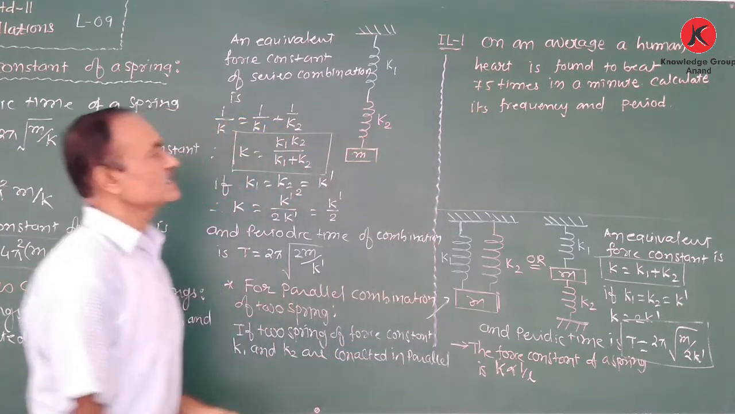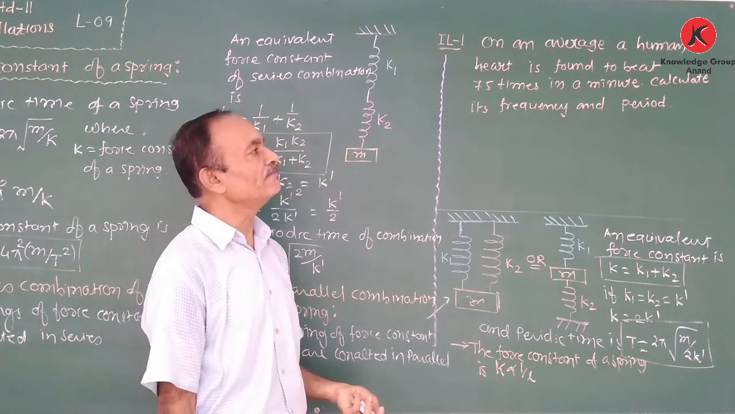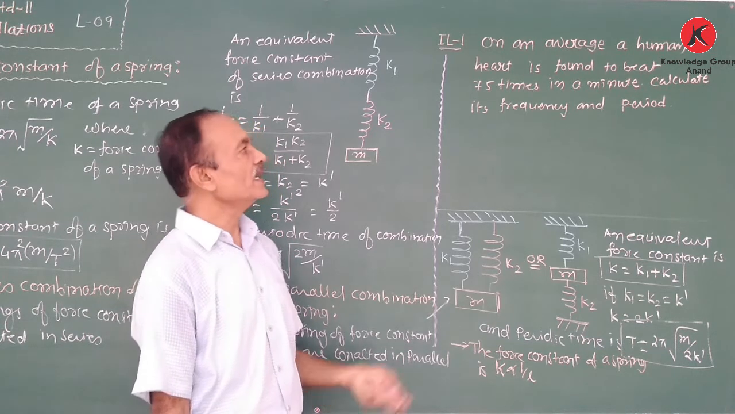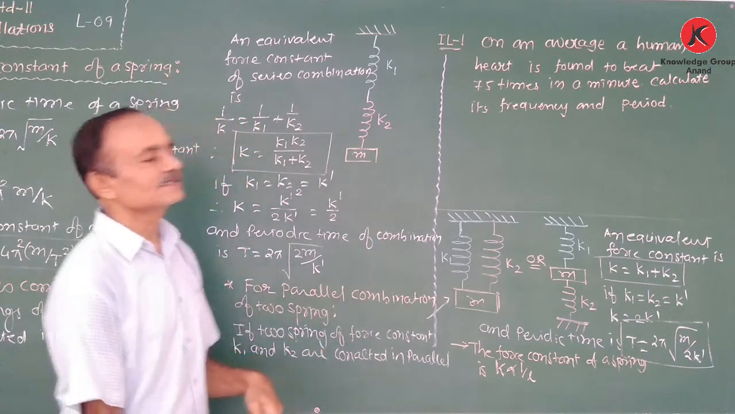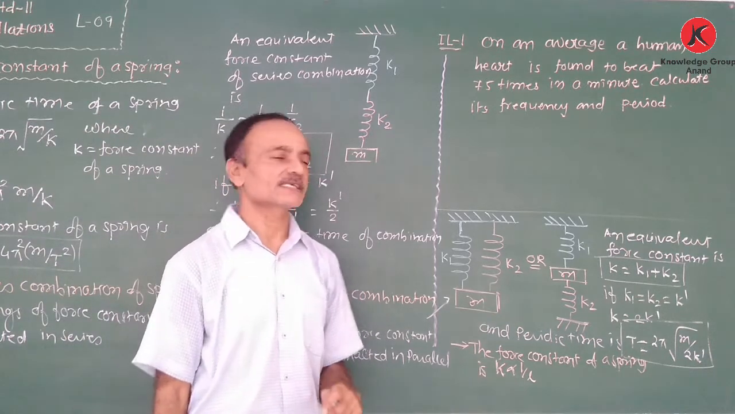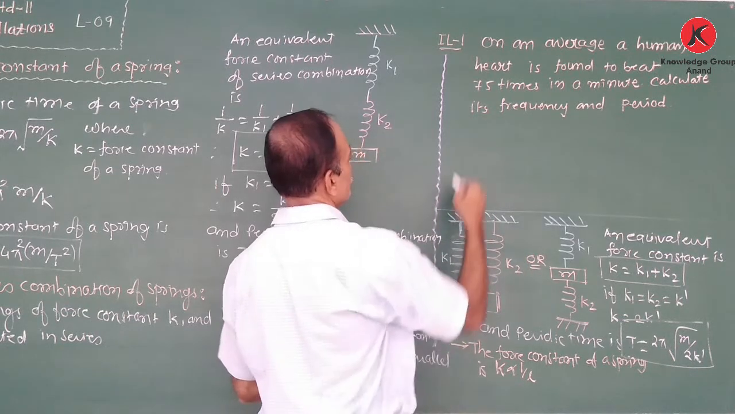On an average, a human heart is found to beat 75 times in a minute. Calculate the frequency and speed. Yes, 75 beats take place in a minute, so the frequency is given. Therefore, frequency of beat